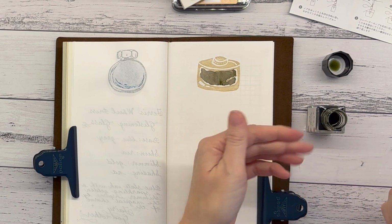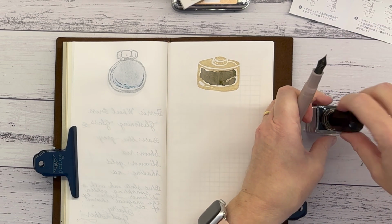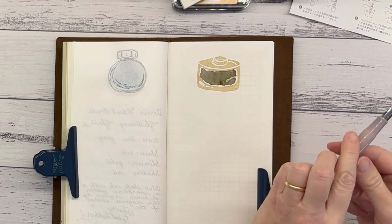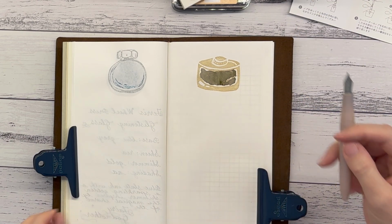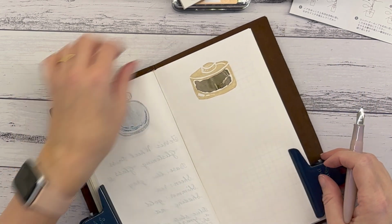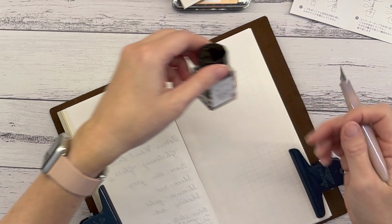I always get ink on my fingers. There's probably a neat way to do it, but not that I know of. Okay, so what are we calling this? We are calling this...